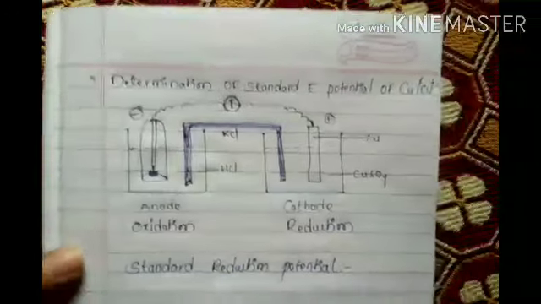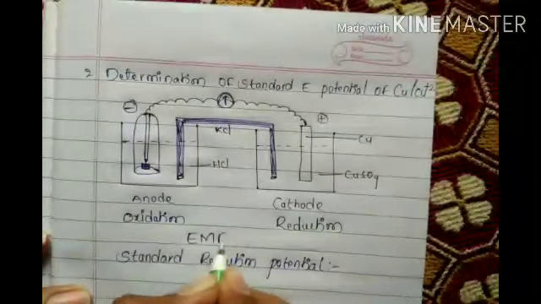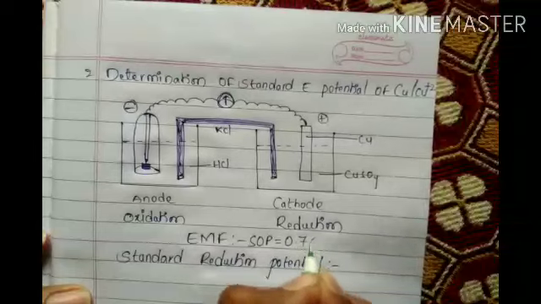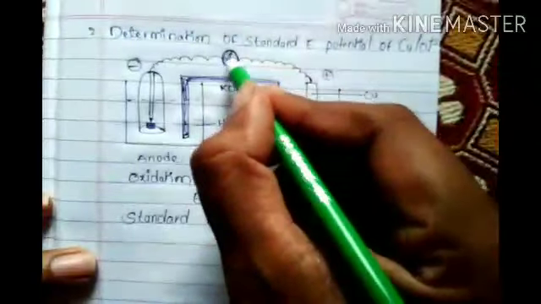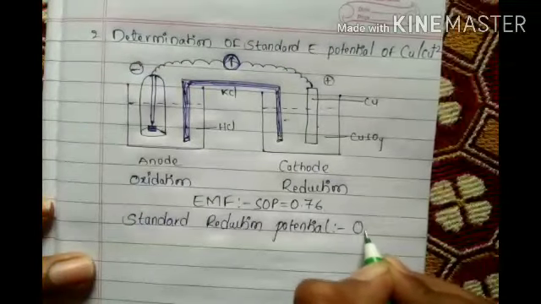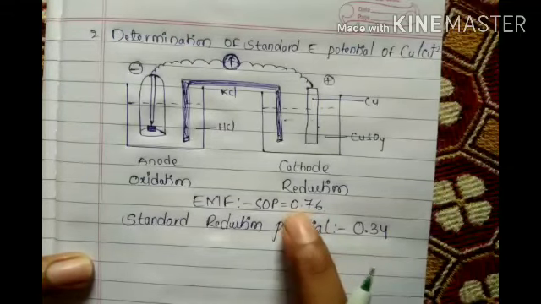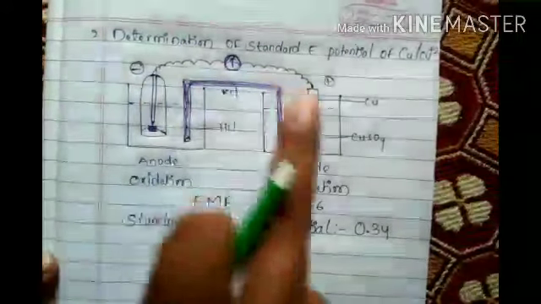See, actually there SOP, standard oxidation potential, how much came. EMF there in the first cell, that is SOP we are getting 0.76, right? Now standard reduction potential, if you are looking here at the ammeter or voltmeter, the transferring of electricity is 0.34. Here 0.76, 0.34. So here onwards 0.34 is going on, here onwards 0.76 is going on. So totally how much is going on? Now commonly 1.10 volts.